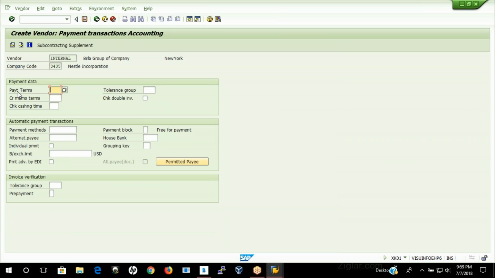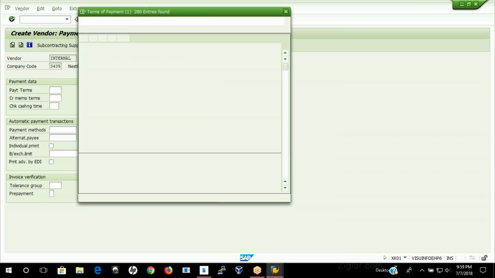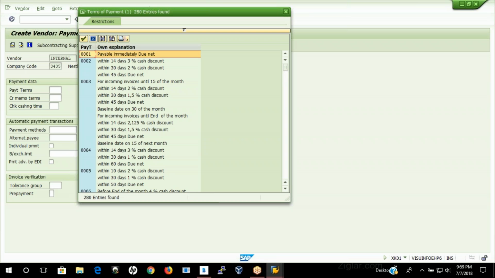And then it is asking for payment terms. Payment terms means the terms of payment, like the kind of cash discounts the vendor provides to the business if the business pays the bill within the stipulated time, that is within the grace period. That is the information we maintain here. So I'm selecting 0002 here, which means